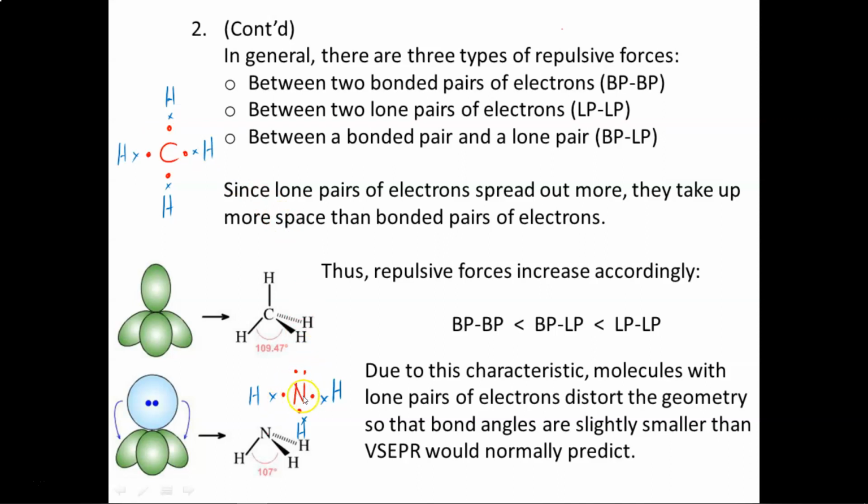So it's like having a single parent trying to keep track of 2 kids. Well, that's going to be very difficult, so they take up a lot more space. They're allowed to roam a little further away from where they're originally allowed to play. So bonding pair electrons don't take up as much space, and so they don't repel as much. Whereas lone pair electrons take up a lot more space, and so they force the other electron clouds a little